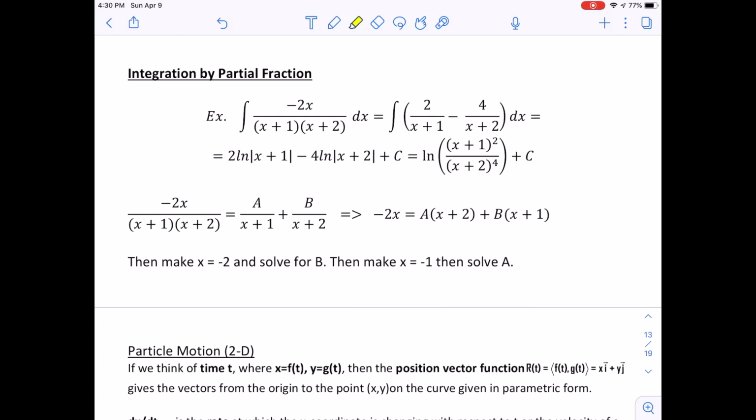So you're going to recognize this one whenever you have something in the denominator that factors. Typically it's going to be a quadratic that'll factor, or maybe it'll be factored for you. But you're going to have to be able to split this because typically on these you're not going to be able to do a u substitution because the derivative of the inside function or the denominator will not equal the